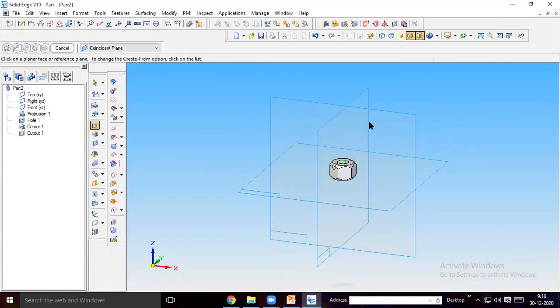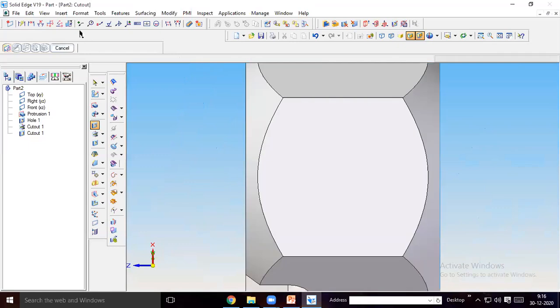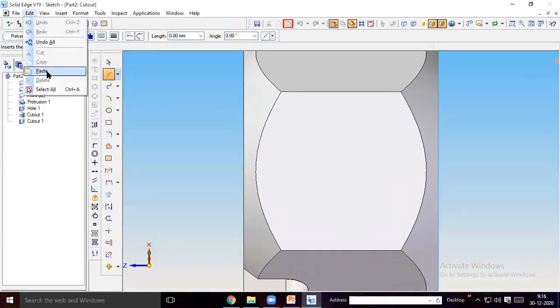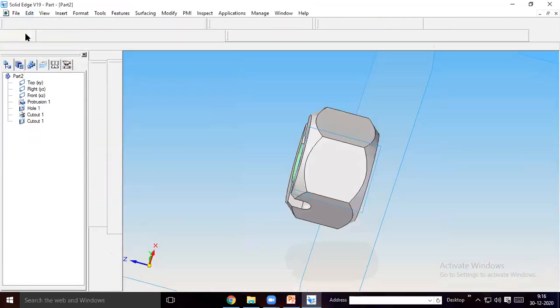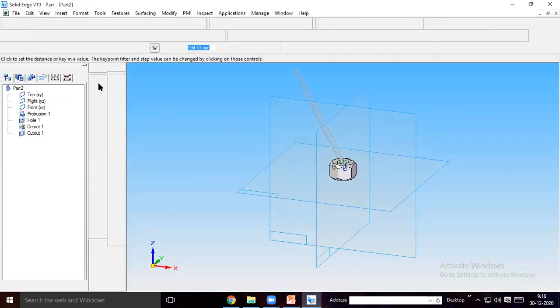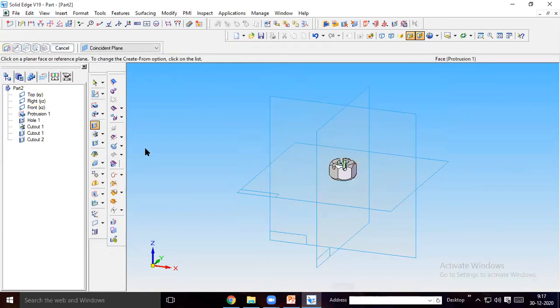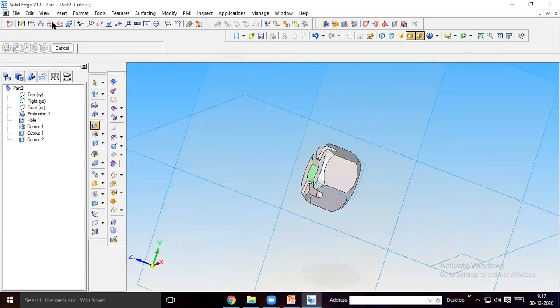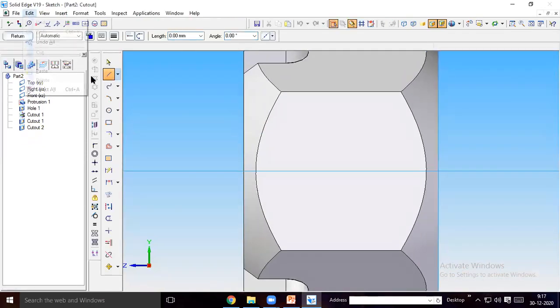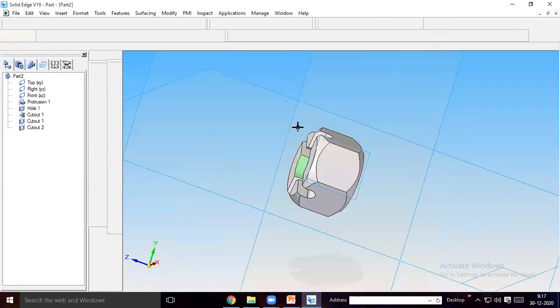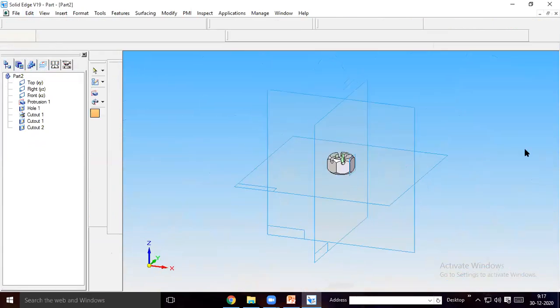So one side is over, and you select this face for the next cutout. Same, you already copied, just paste that and return like this. Then finish, again select this face for cutout, paste this, then return like this.